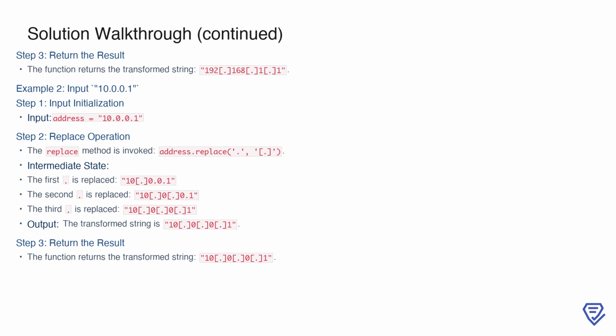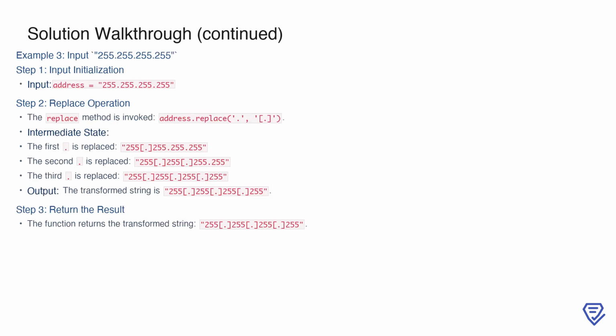After the first replacement, the string becomes 10[.]0.0.1. The second replacement updates it to 10[.]0[.]0.1. Finally, the third replacement results in 10[.]0[.]0[.]1. With the transformation complete, the function returns this new string, which is the defanged version of the original IP address. In the third example, the input IP address is